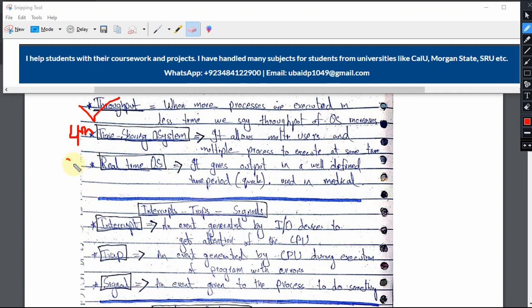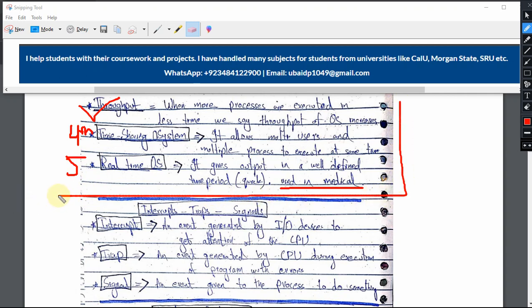And we have the fifth type, which is real-time OS. It is the OS which will give you the instantaneous result. So you give input, you get output at the exact same time. Obviously the applications are in the medical sector, like the computers or the digital devices in the ICU room, which will give you the heart rate and stuff like that. So it has to be instantaneous, otherwise it will be of no use, right? Okay, so that was the five